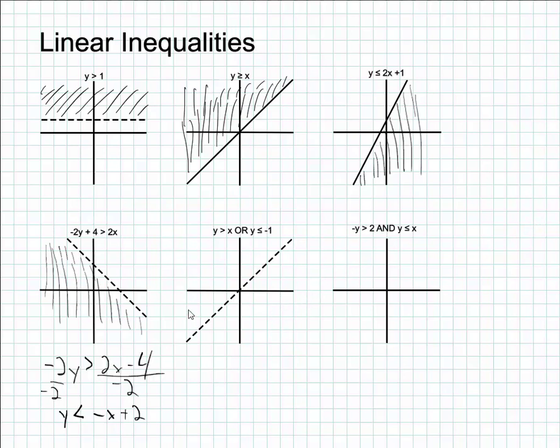We can use a solid line. And this is an OR inequality. That means if a value satisfies either of the two linear inequalities, then it's going to be a solution for the compound inequality. So y is greater than x, so anything above this line